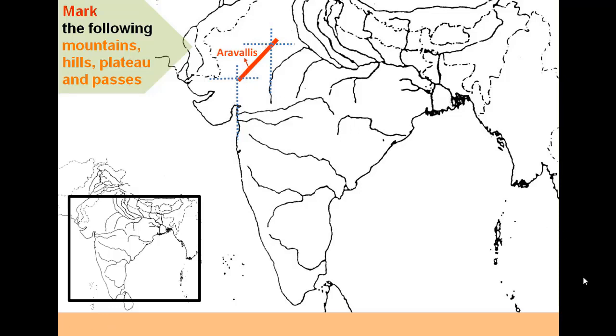Now I'll mark Vindhyans or Vindhyan Ranges. It's a part of the Rift Valley. The trend is east to west direction, marked with a thick bold line just above Narmada River. While shading, one should not touch the Narmada River. Followed by Vindhyan Ranges is Satpura Ranges. It is a part of Rift Valley. The trend is east to west direction, marked with a thick bold line just between the Narmada and Tapi River.